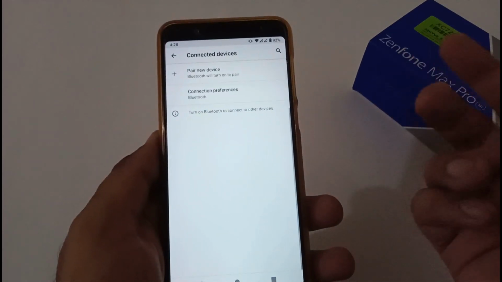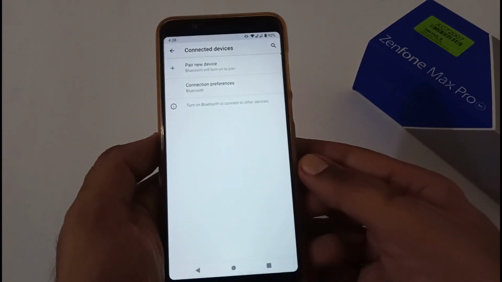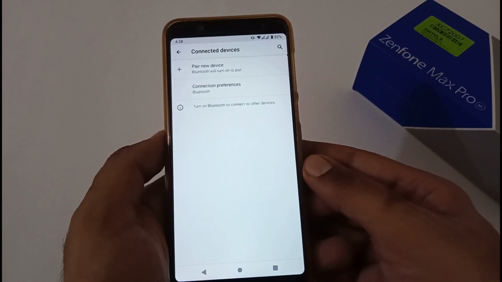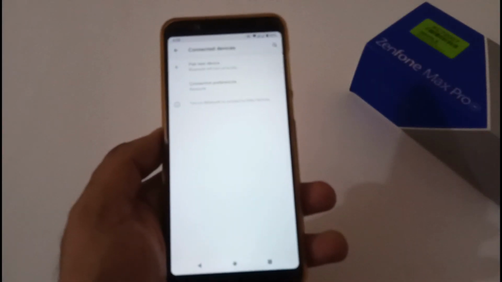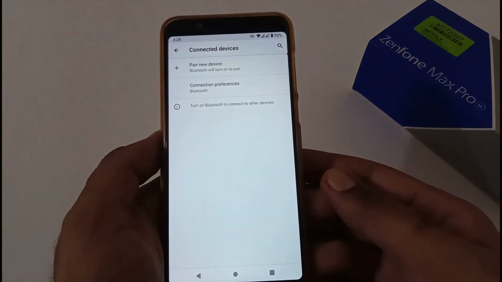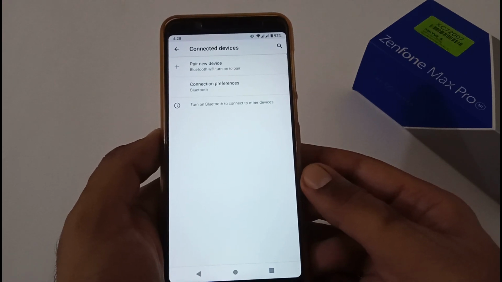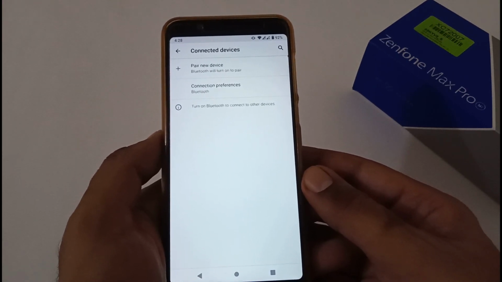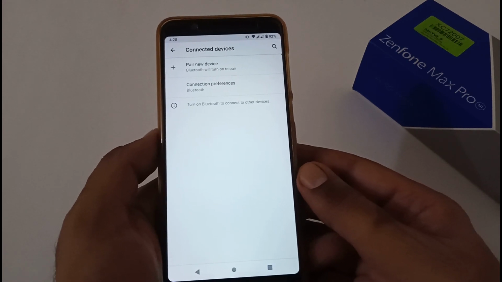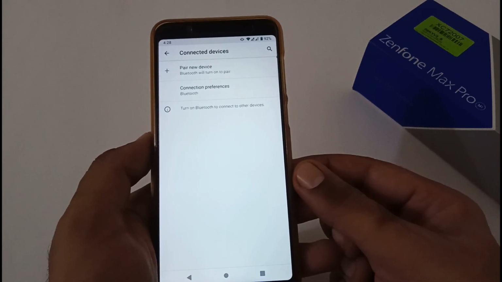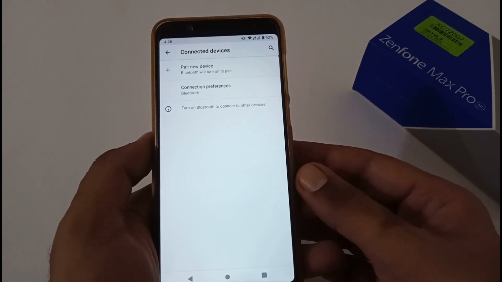So after the battery part, now let's move to the connected devices. Usually in connected devices, I analyze two things: one is Bluetooth devices and another is screencasting. Bluetooth devices are working absolutely fine, be it for file transfer or audio via Bluetooth. There is no such problem with that. But with screencasting, there is a bug. On an AMD based laptop, I am unable to connect, but on Intel based, I am able to connect. But whenever I try to connect, my phone restarts. So this is a known bug, and hopefully this will be resolved in the coming builds.